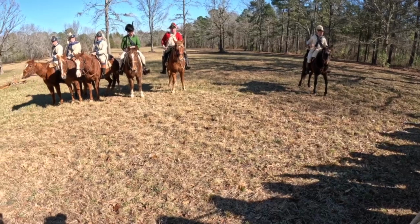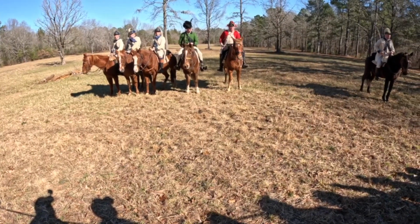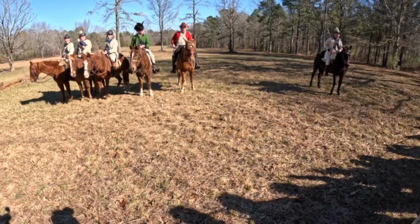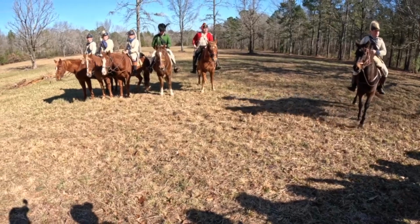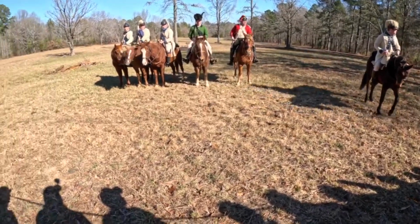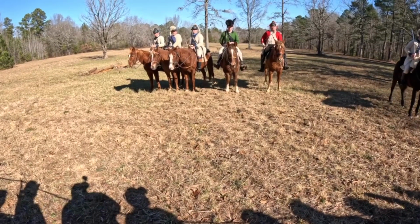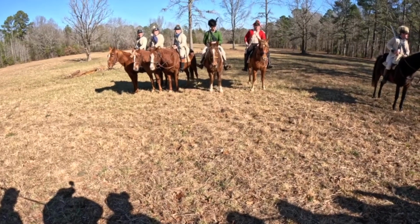Myself and the other men dressed like me represent the 3rd Regiment of Light Dragoons, a regiment raised mostly out of Virginia in the winter of 1777. They see service up in the Northern Campaign through Pennsylvania, New Jersey, and up into New York a good bit, and then eventually get assigned south in 1779. They come down just a little bit